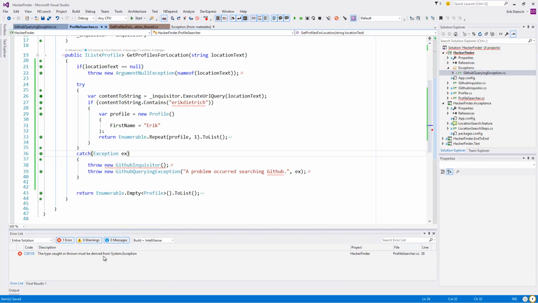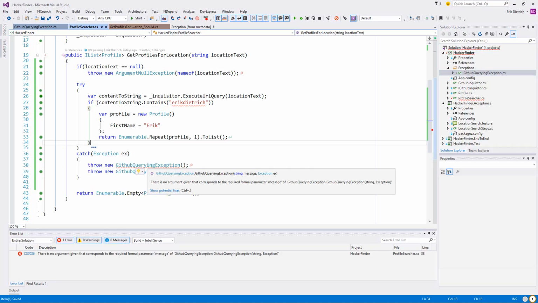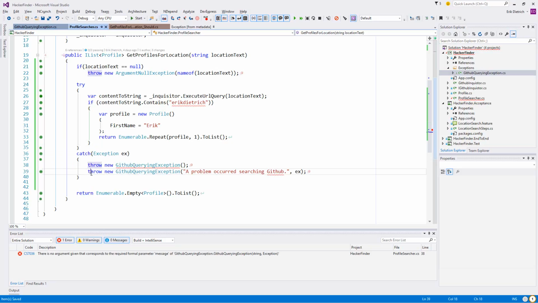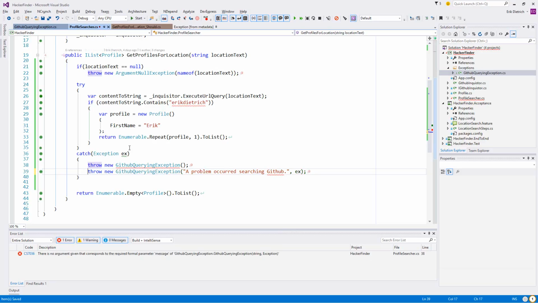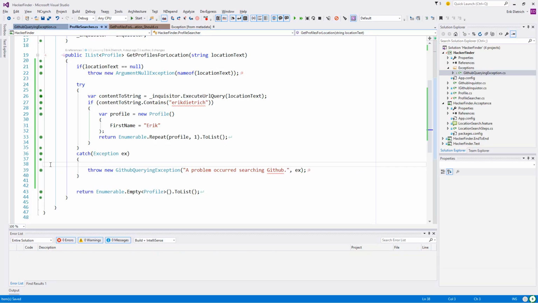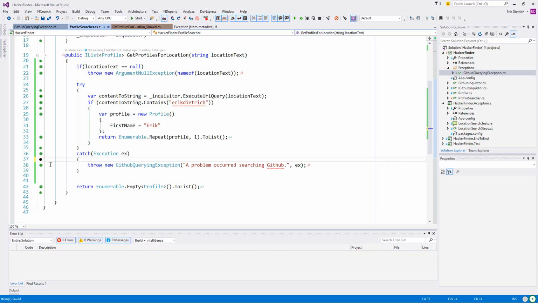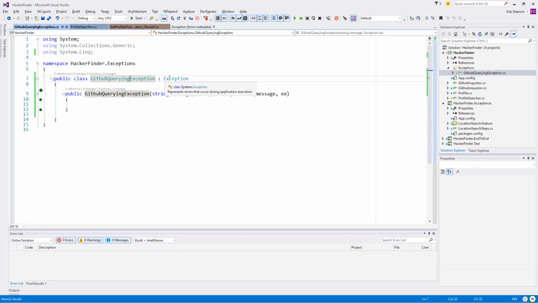The type caught or thrown must be derived from System.Exception. Oh. Well, that solves that mystery. There is no argument that corresponds to the required formal parameter message. Why can't it find the parents? I feel like I'm just forgetting the basic rules of inheritance or something.